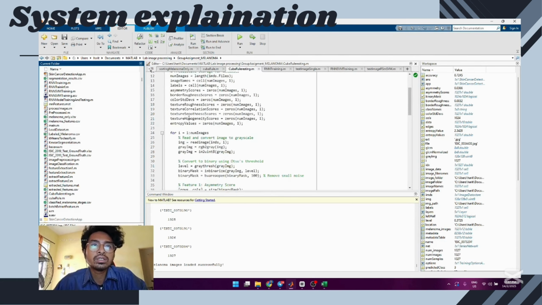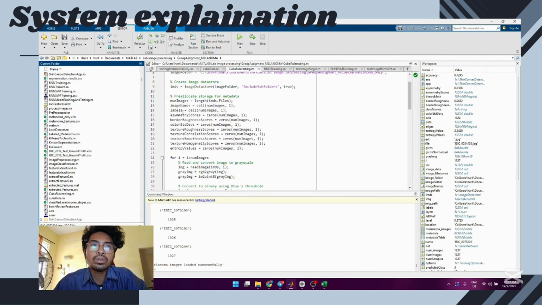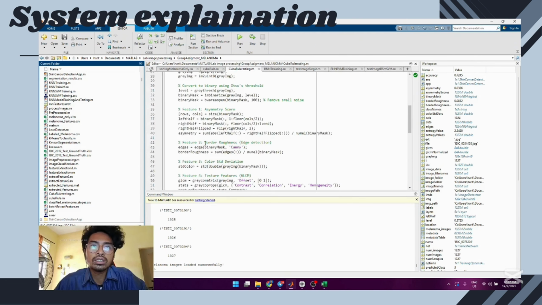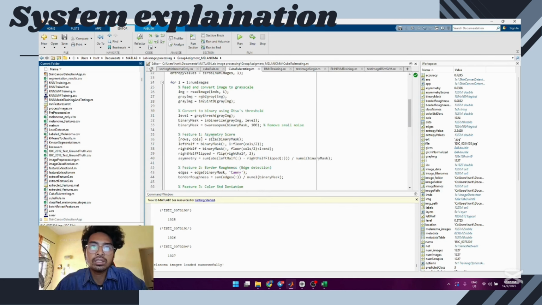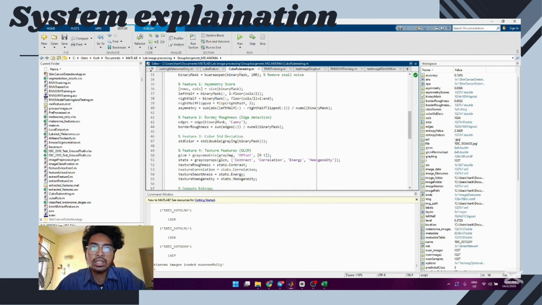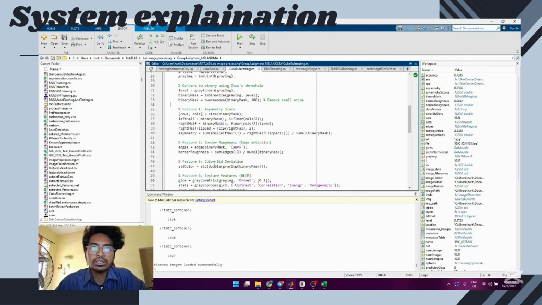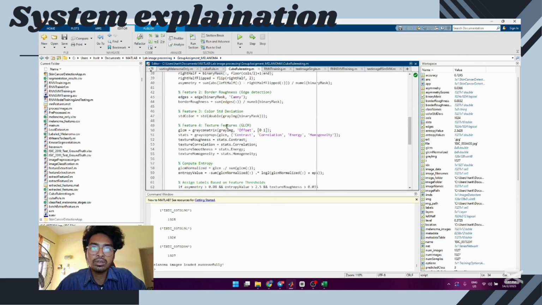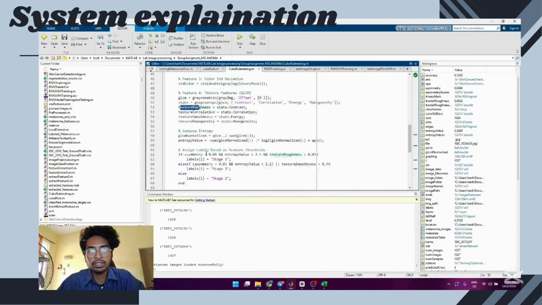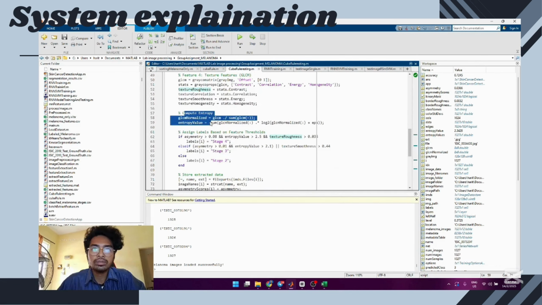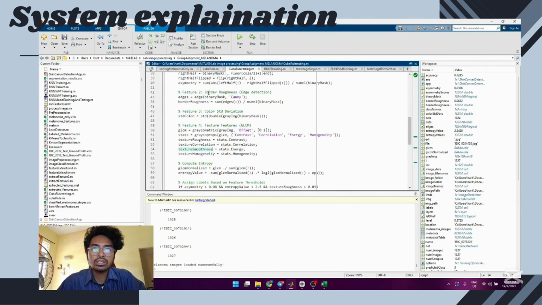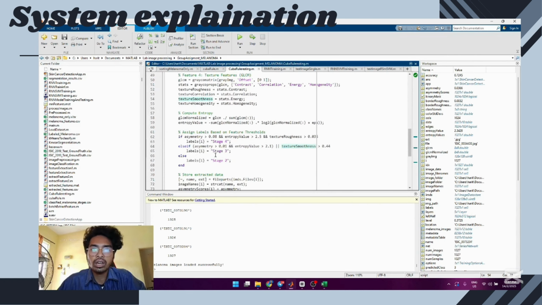And also we run segmentation, like a binary mask, mask asymmetry, border roughness, color standard deviation. We also extract texture features like texture roughness, texture correlation, texture smoothness, and texture homogeneity. We compute entropy, and based on the extraction and the values we got, we take about 50 to 100 samples and test them,